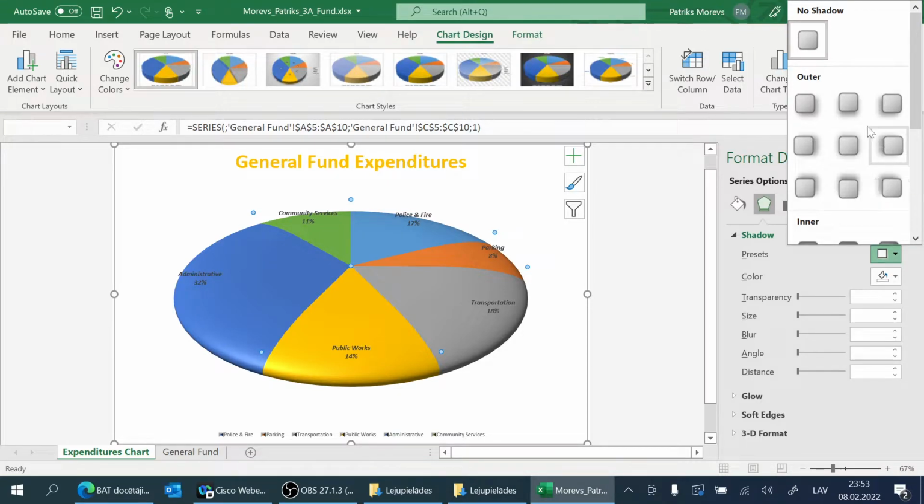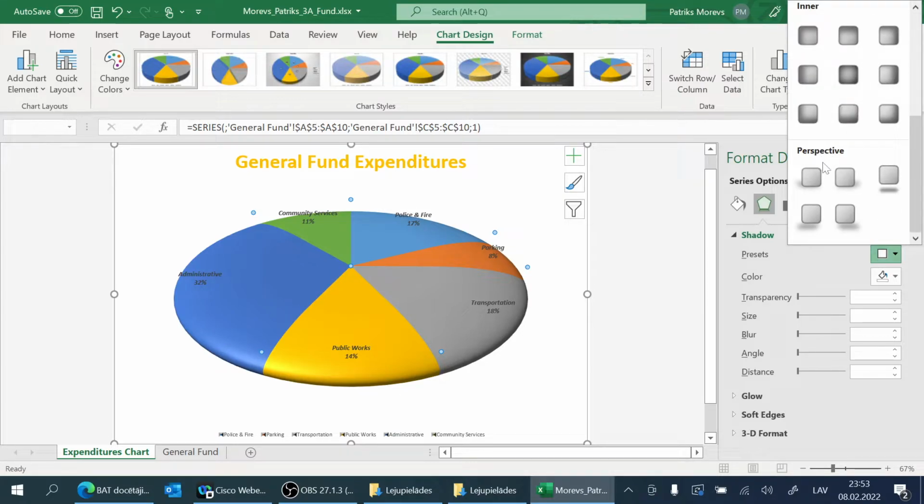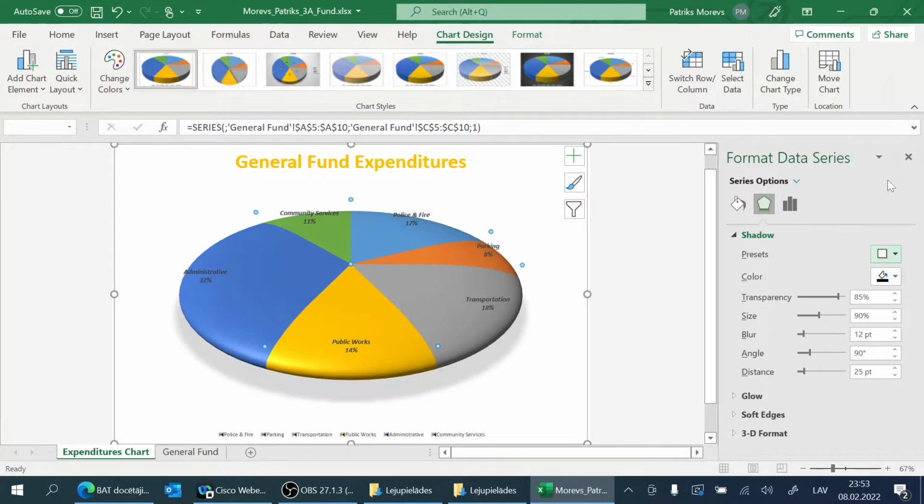And let us go to perspective here and go for below. Maybe this one. Yeah, exactly. Or this one, you see they have different names. So this one lower left, lower right, upper left, and this one below. And you see you have a kind of a shadow under this. So now you know how to add shadow, how to make the bevel,